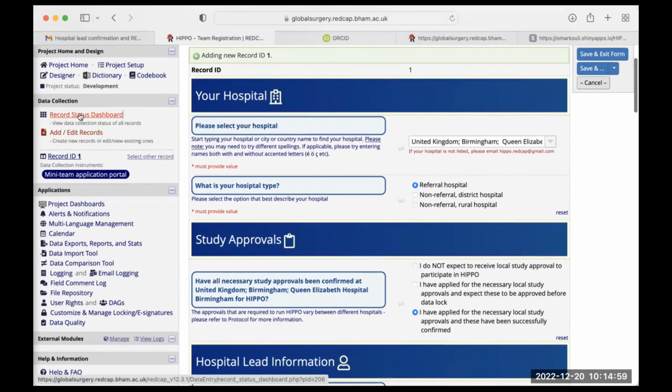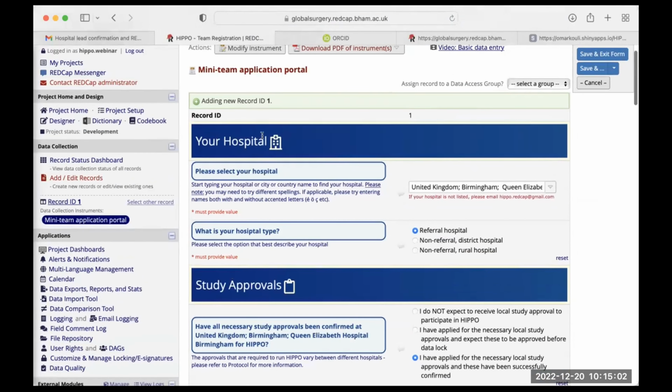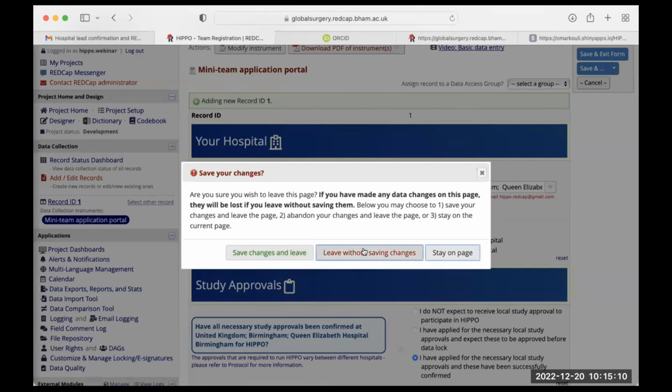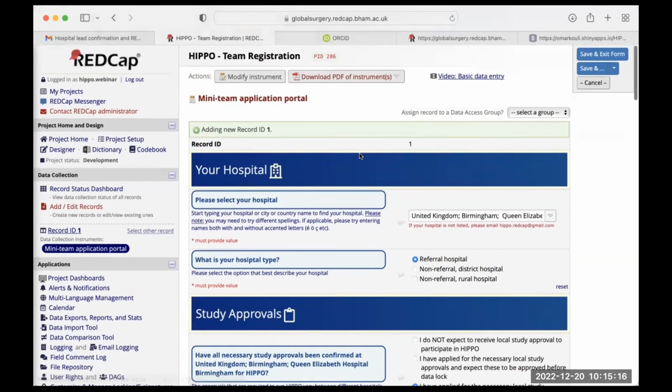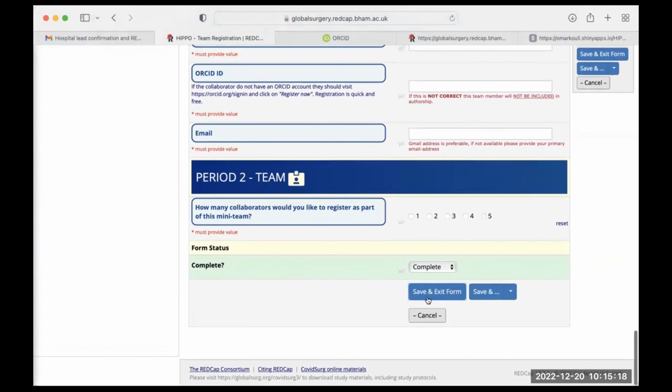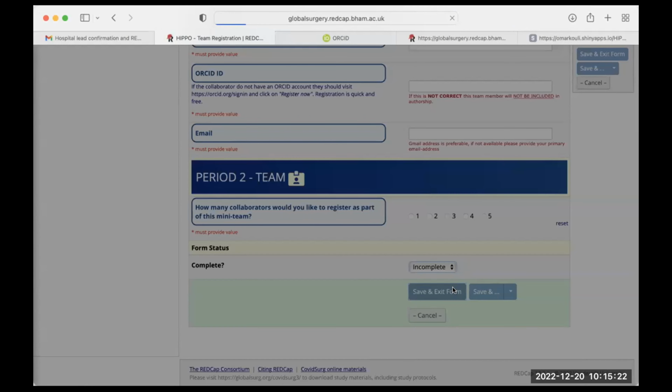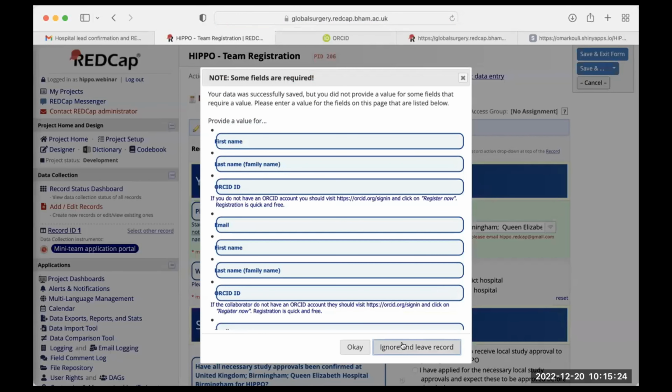So in that case, what I ask you to do is go to the record status. Let's say that this form is not completed, right? If I leave the page, I can save it as incomplete with save and exit form, and it will save it for me.